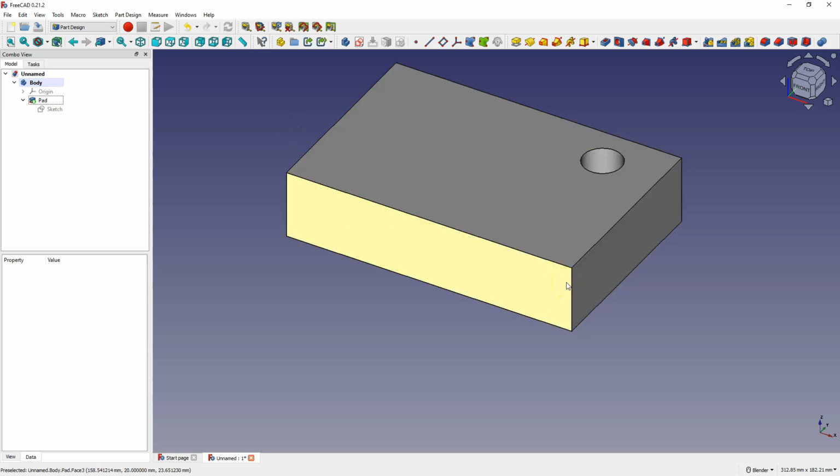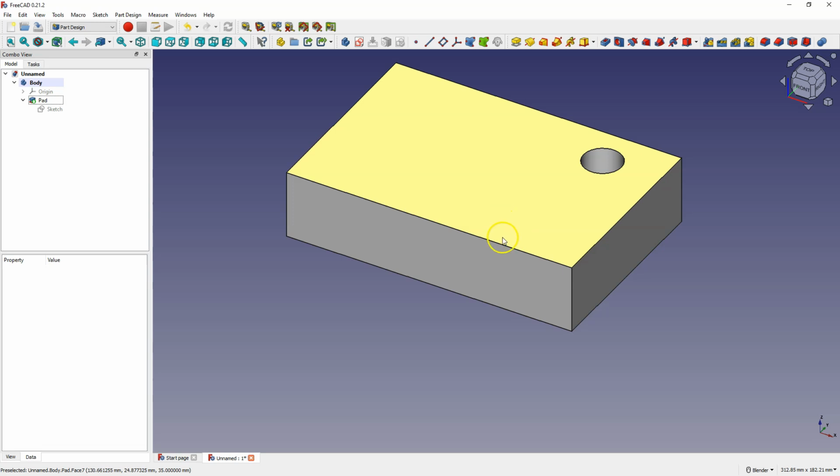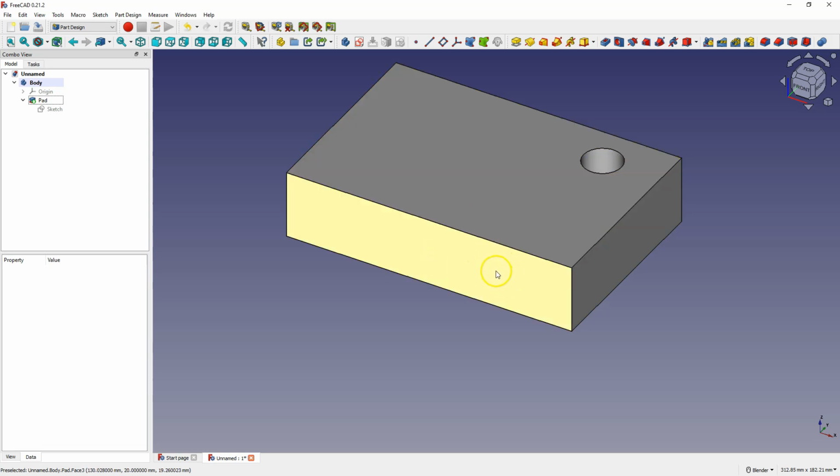And something like this is a huge advantage of parametric 3D CAD systems, because if there are any dimensional changes, these dimensional changes can often be applied to the 3D model very easily without having to create the 3D model from scratch. And this operation, the extrude sketch operation, is one of the basic operations for creating 3D solids from a 2D sketch. And just as in this case, we created the 2D sketch on the basic plane of the coordinate system, on the XY plane, we can also create such sketches on the faces of the solid. That is, we can simply select any face of the solid, and on this face we can create a sketch. Then simply this face will be the plane of the sketch, and we will come to this in the next part of the